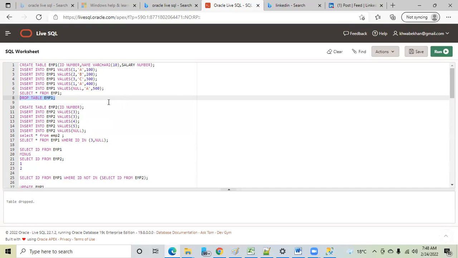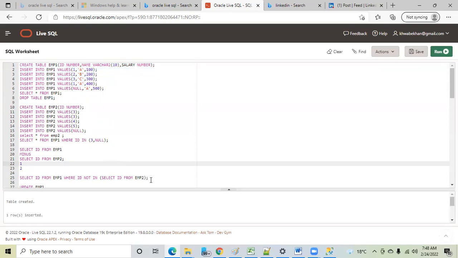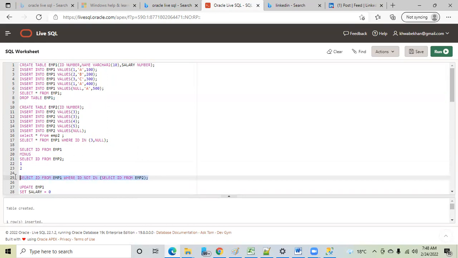One minute, guys. Table dropped. Let me show you one more example actually, that will be easy, because it is showing something different. No, it should not get this output. Something is happening wrong here. Why ID not in select ID from employee 2?